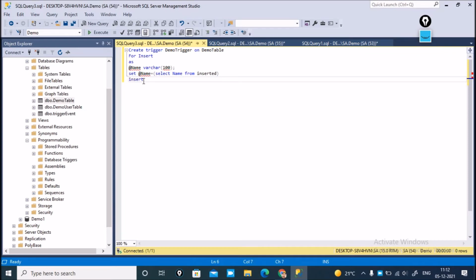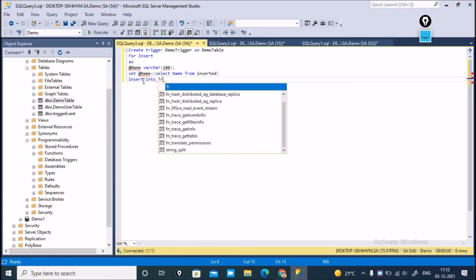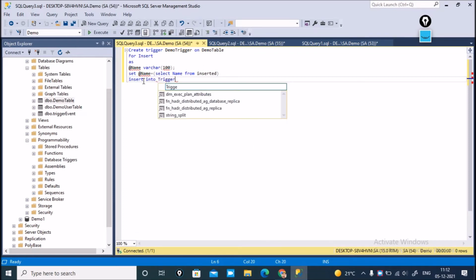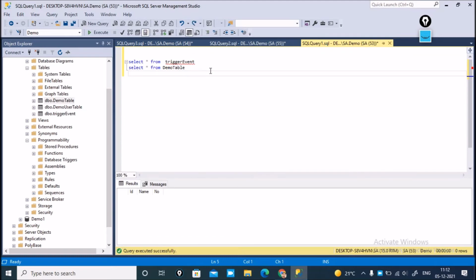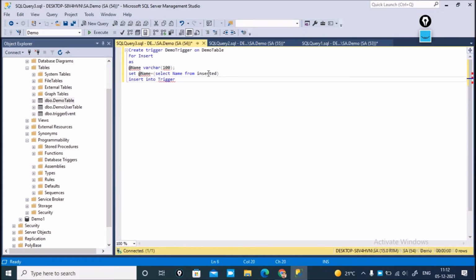insert into trigger table name. What is the table name? I'm just cross checking here. Trigger name, trigger event, table name, trigger event, value, like that.